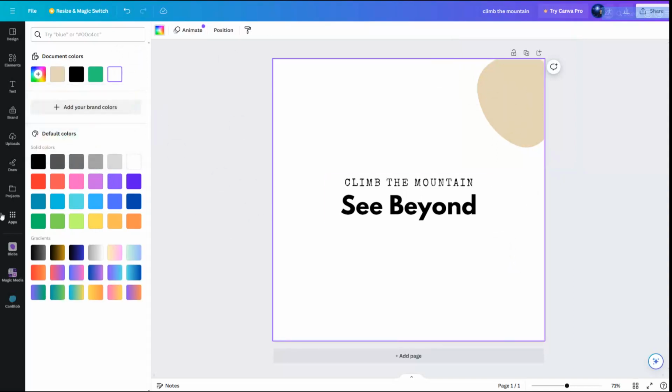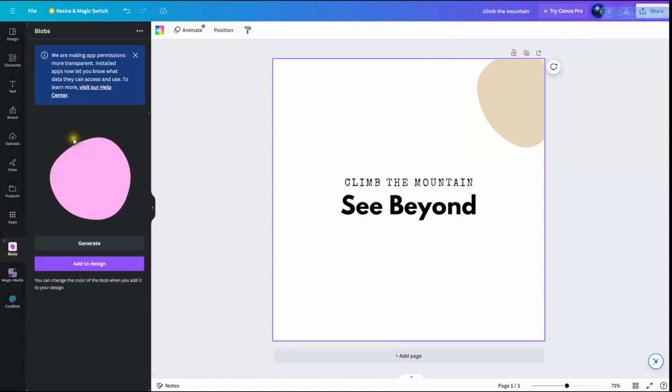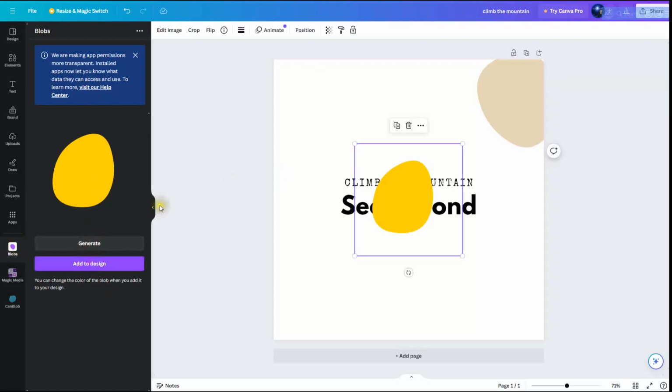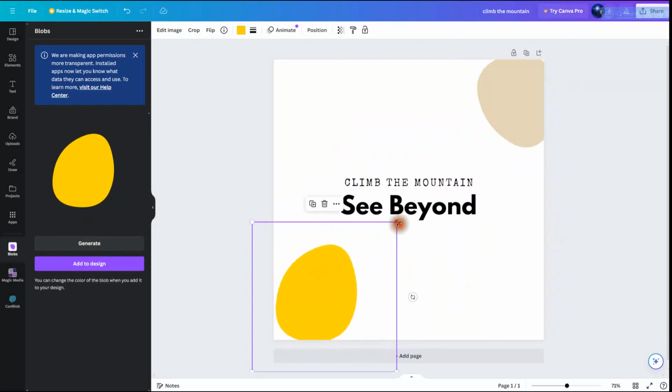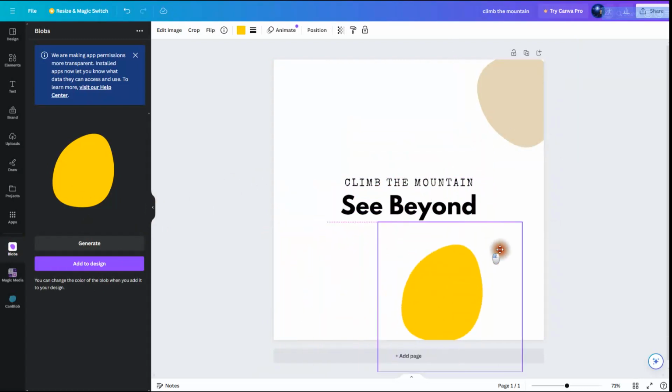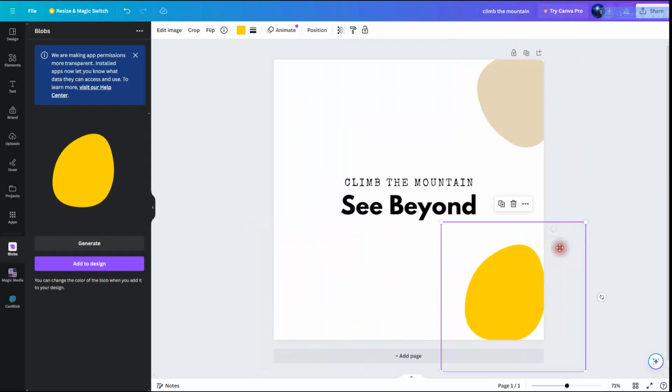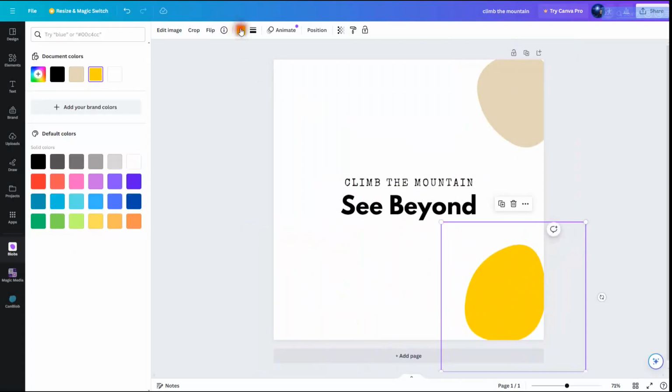So let's do it again. Go to the blobs. Let's generate another one here. Let's say I like that one. And now I can change the size and position it where I want it to be. And I will change the color.